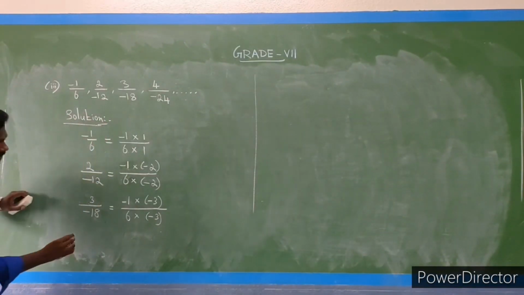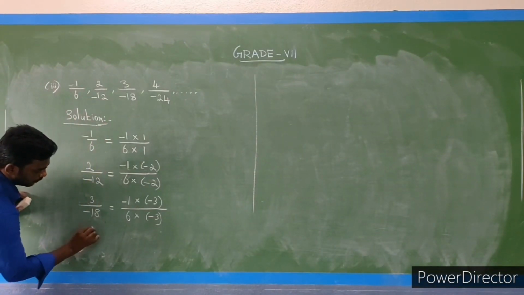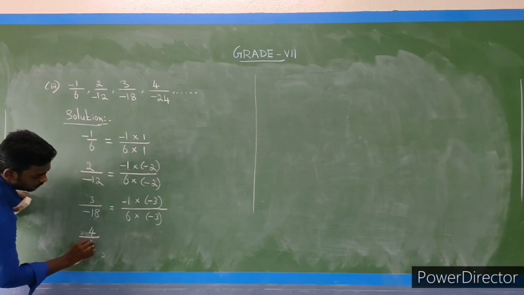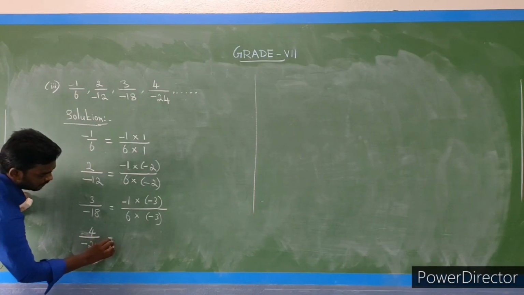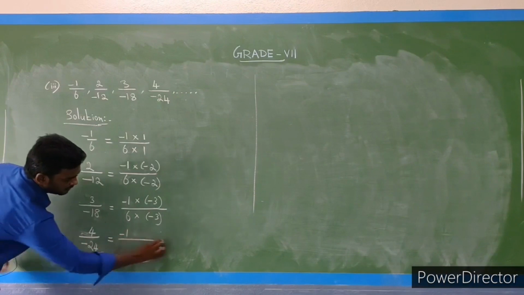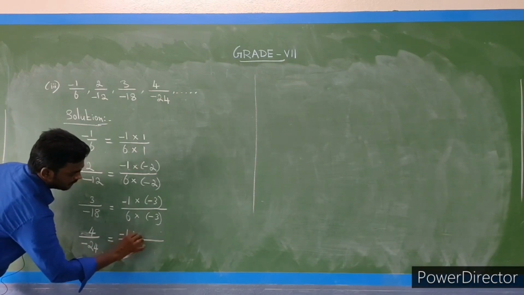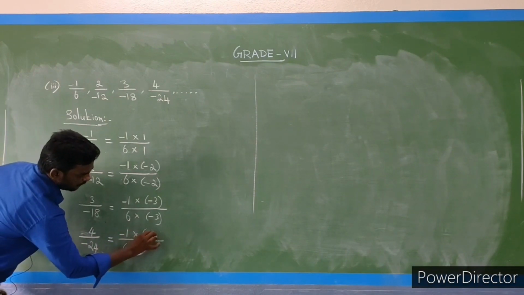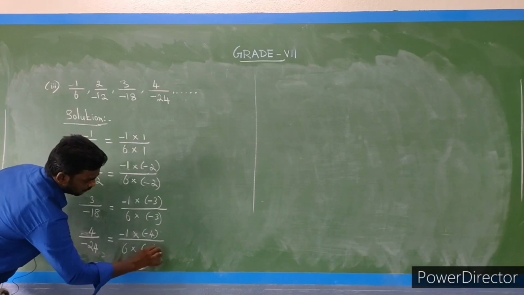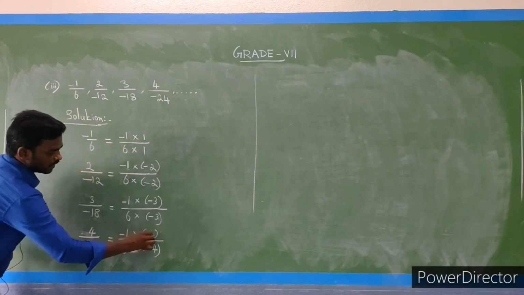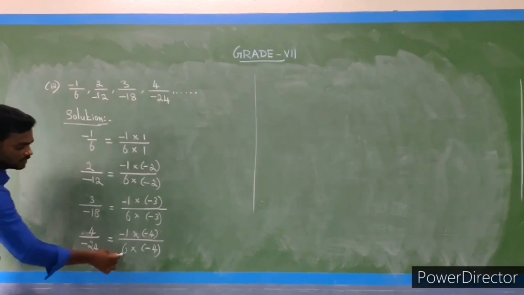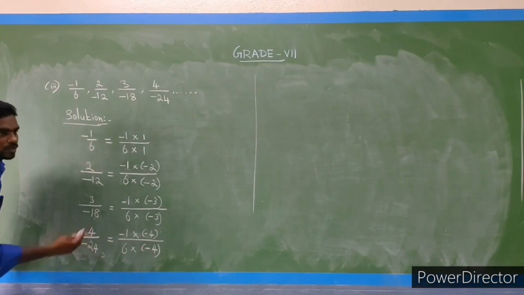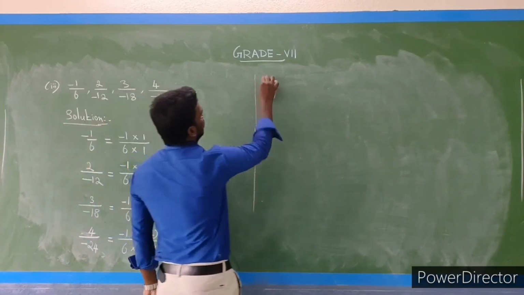Next, what is that? 4 by minus 24. 4 divided by minus 24. This is in the form of the same number minus 1 by 6 multiplied by the number, what is that? Minus 4 by minus 4. Because minus 1 into minus 4 is plus 4, 6 into minus 4, the value is minus 24. So therefore